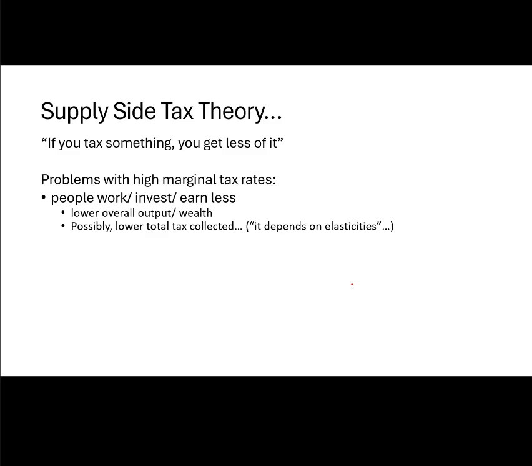And we don't know exactly, so that's going to be an empirical question, meaning that we have to look at some history and some data and test that. The good news for us is we have 100 plus years of income tax records in the United States, and we've had distinct eras of very high tax rates and relatively low tax rates. So it's a really good field to collect the data and see how the effects play out, and I'll talk about that a little bit at the end of this all.